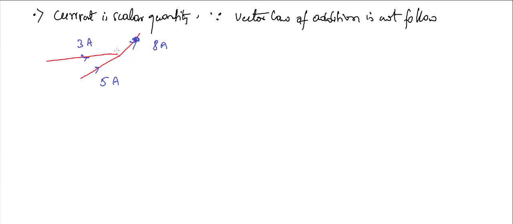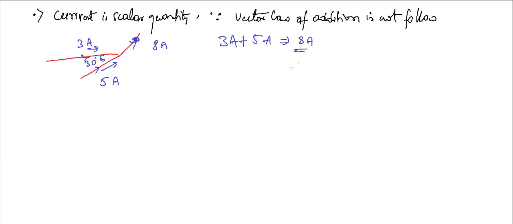It is 8 amps. One thing you have to note here, suppose I consider some 30-degree angle here, is the junction rule: the sum of the current coming in is equal to the current going out. The algebraic sum of the current coming from this side and this side, 3 A plus 5 A, will give you